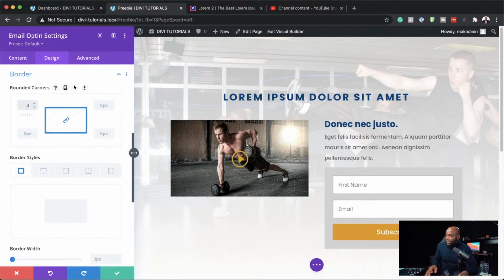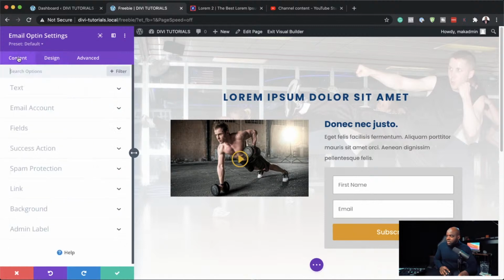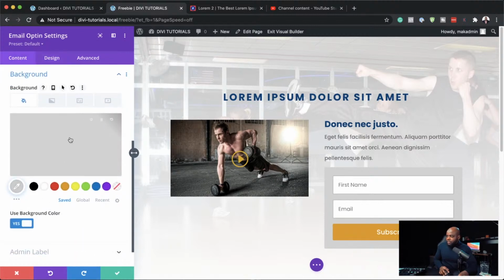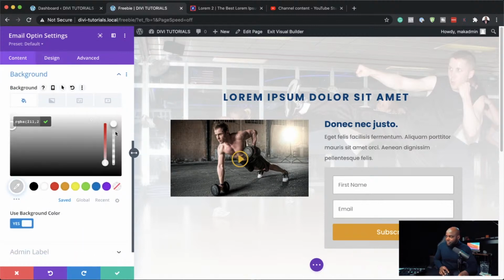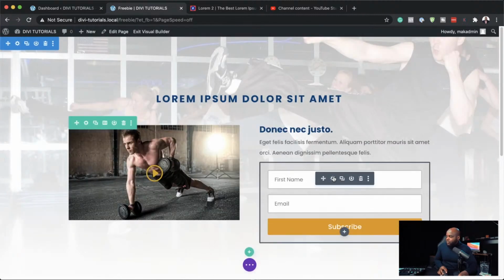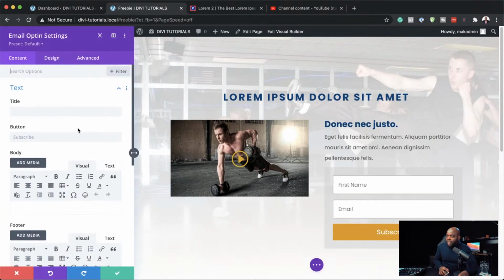Usually I go with 3. Just to clean up the sides there just a little bit. Yeah. And also that background, it's a bit too much. So let's add a bit of transparency to it. There we go. Just like that. Okay. Right. So my form is okay. Oops. And I meant to add my